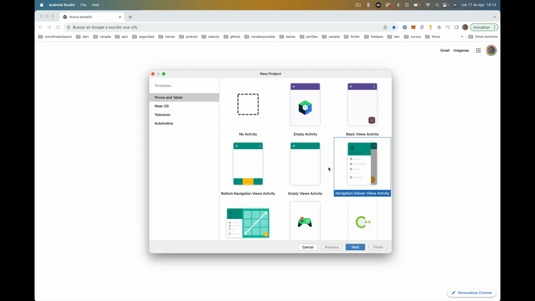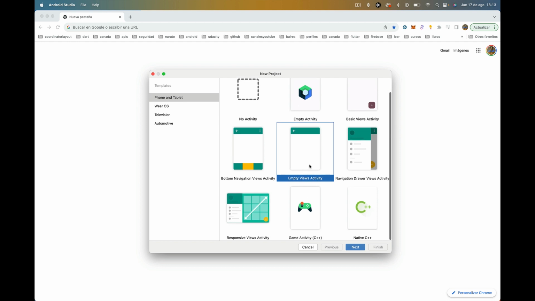I am very sure we will see that. Well, in this moment we will select Empty Views Activity. Why? Because with it we don't have too much code. Okay, that's the answer. So that's why we select that, and you will see here, for example, Responsive Views Activity,